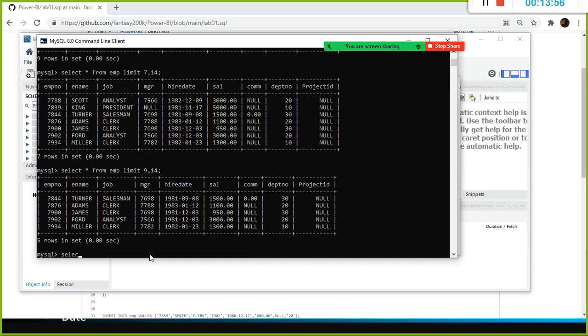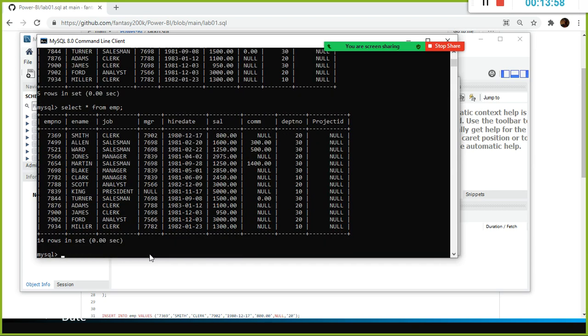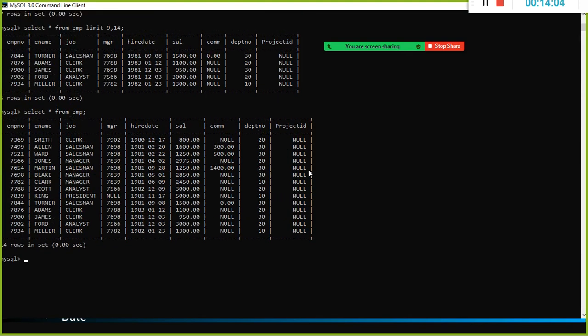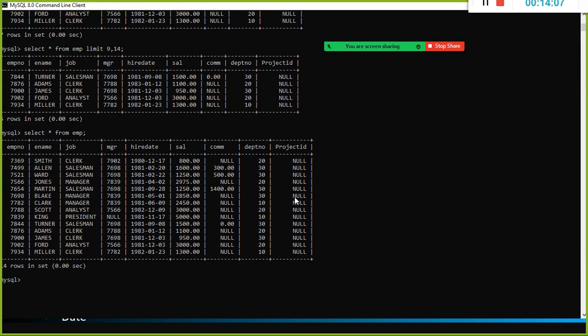So what is happening here? I just do the select star from EMP. It requires just common sense, that's all. What is happening here? No hurry, just look at this and tell me. Look here, 7844, 7876. The last 5 records got selected, right? So how did we select? Print from the 9th record, 9th record onwards.